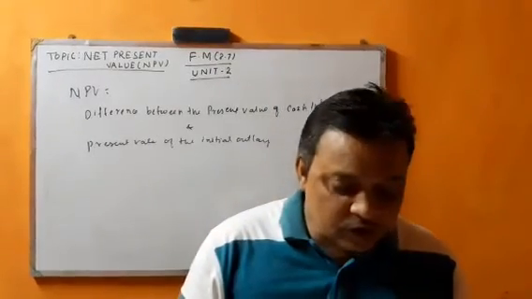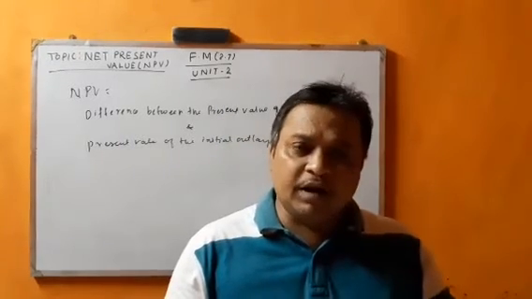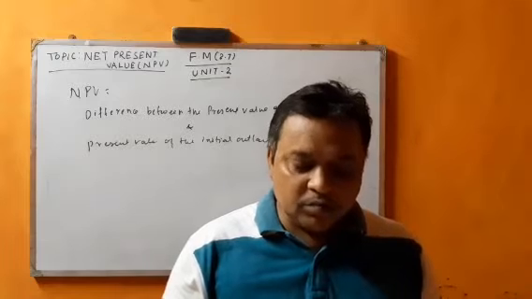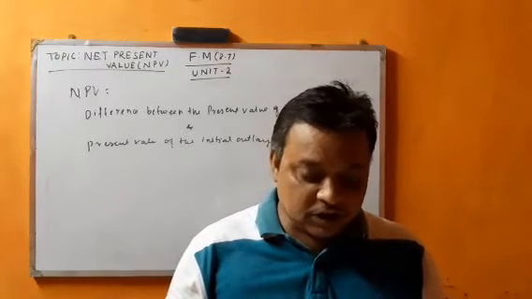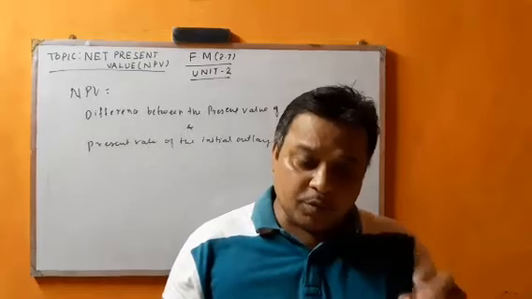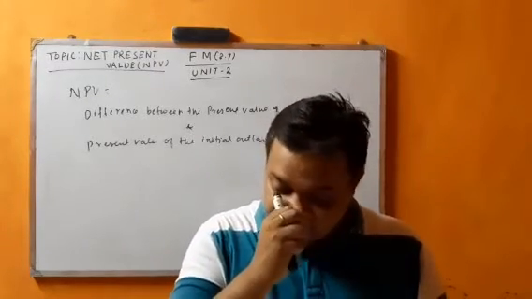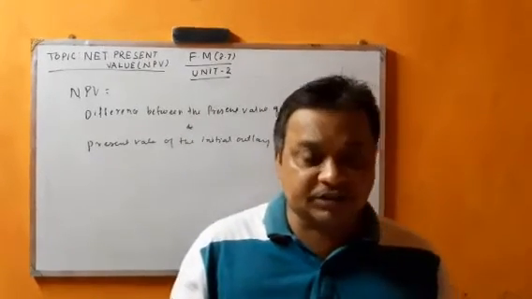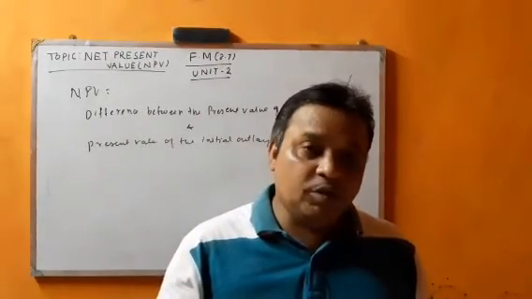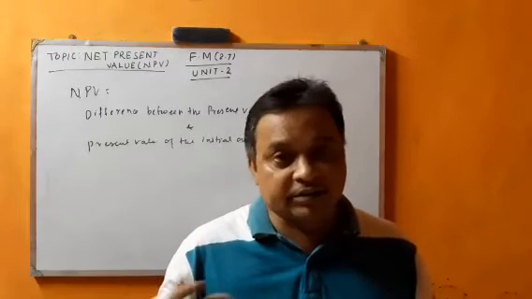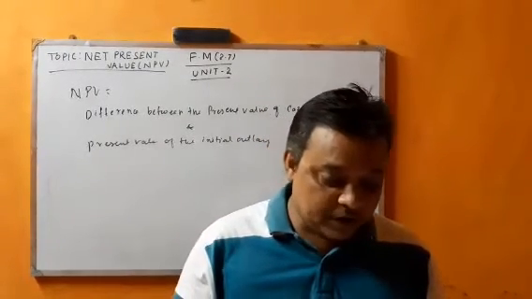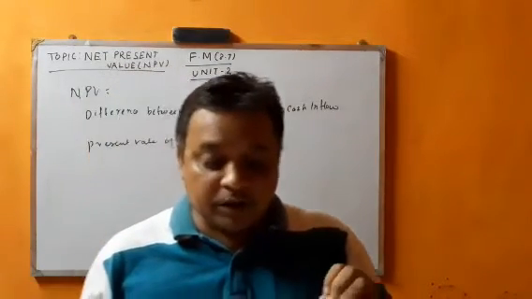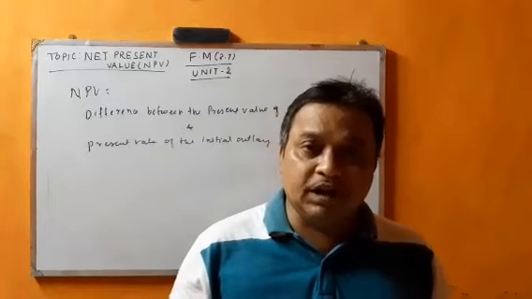The procedure for determining the present value consists mostly of 2 stages. The first stage is determining the appropriate discount rate, and within the accounting rate we have to select it. Then we have to find the cash flow streams and convert them to present value in the second stage. Okay, so let us discuss the method of computing the net present value.